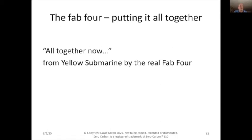So these are the Fab Four: heat pumps, insulation, triple glazed windows, and solar panels. The key to going zero is to put it all together. And the real Fab Four, the Beatles, sang on the album Yellow Submarine, "all together now,"